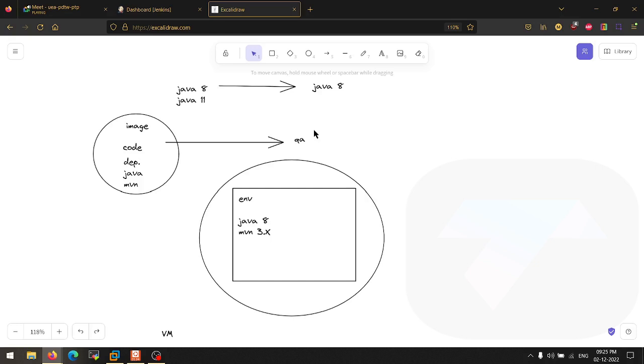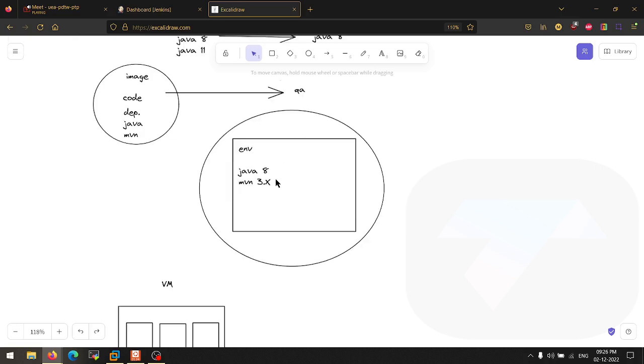Okay. So in this environment, it's not a difficult part to create the environment. We will be using the Dockerfile to create this kind of stuff, where we will be providing all the details, and the same file will be sent here and there. And also we can create the images from that file. I will let you know how to do all those things. Okay. So this is how the concept of Docker works.